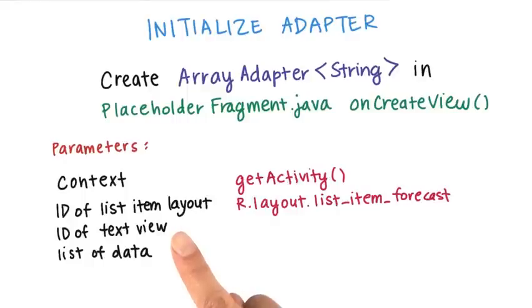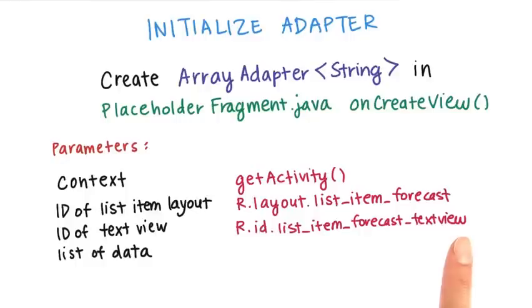Next, the array adapter needs to know how to take the weather forecast string and set that to be displayed in a text view. So we pass in the ID of the text view that we defined earlier in the list item layout. Even though these 2 resource IDs look similar, one starts with R.layout while the other starts with R.id. R.layout refers to a layout file, while an ID refers to a specific XML element with the matching ID attribute. And lastly, we pass in weekForecast, which is the array list of forecast data that we defined earlier.